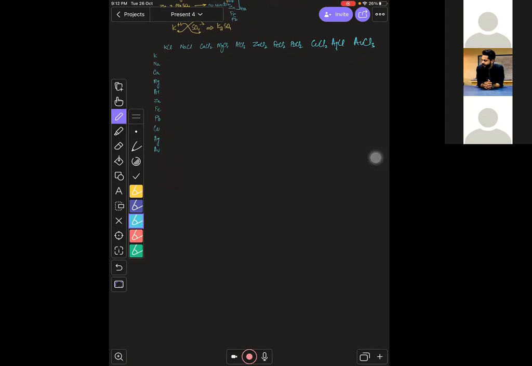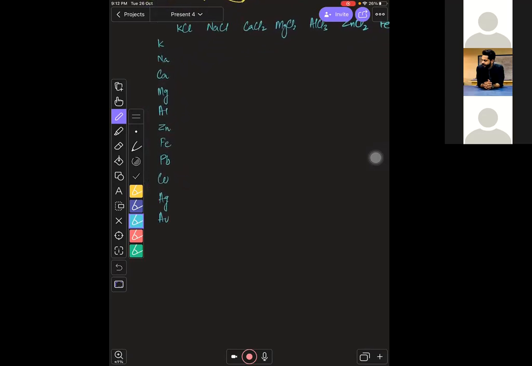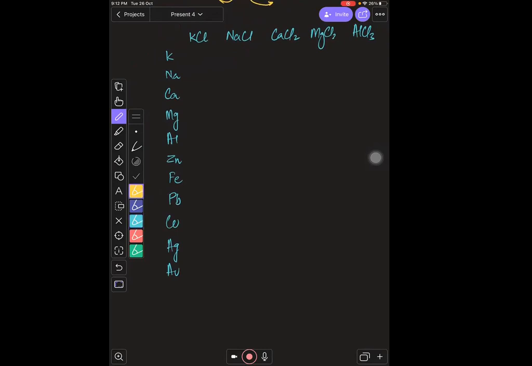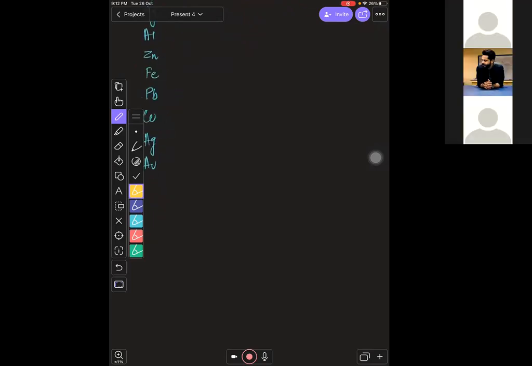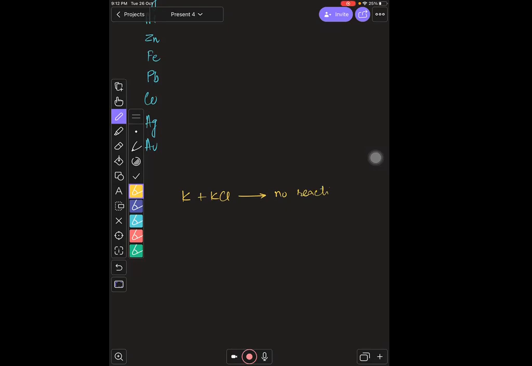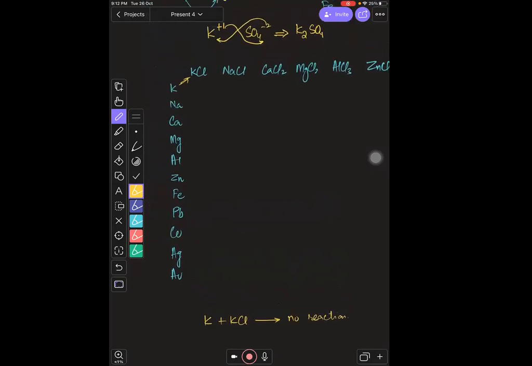You can see over here what I am trying to say. For example, if you are adding potassium into the salt of KCl, there is no reaction. Why? Because the metal that we are going to add in the salt solution is already over there, right? तो कोई फायदा ही नहीं होगा डालने का, है ना। जब वहां ऑलरेडी पोटेशियम मौजूद है, उसका सॉल्ट बना हुआ है, तो उसको डालने का कोई फायदा नहीं है, ठीक है। सो यहाँ पर आप लिख सकते हैं no reaction,